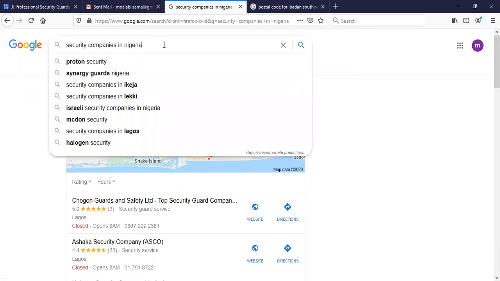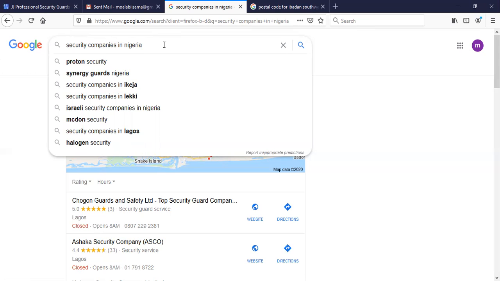Now, I would have written down some phrases, the keywords. The keywords here are the words that you think people will type in when they go to Google. If they are looking for your type of business, what will people type in on Google?